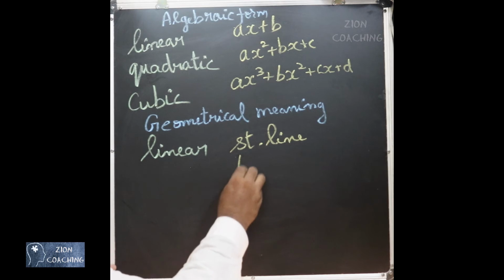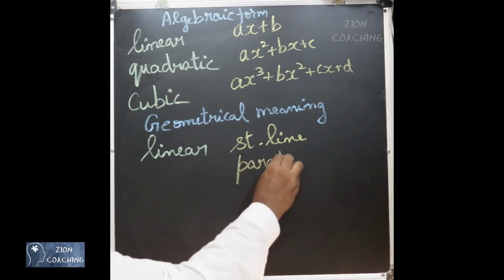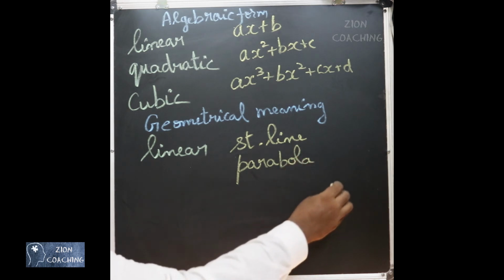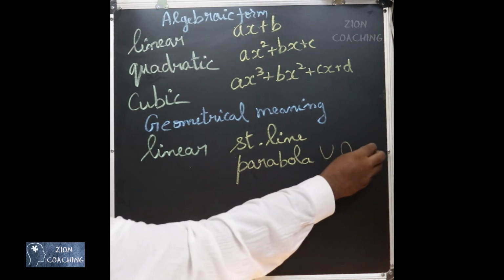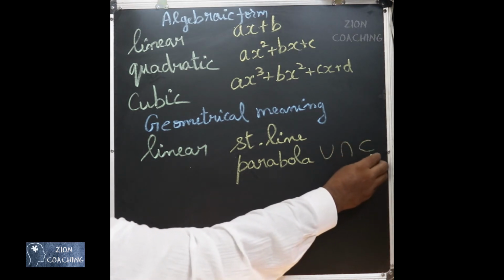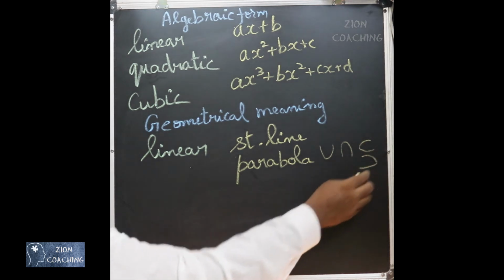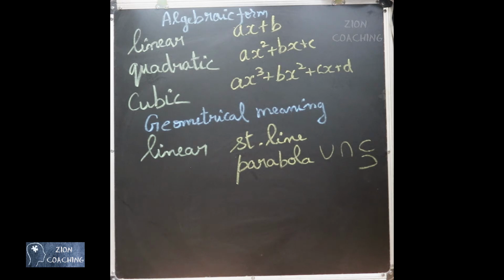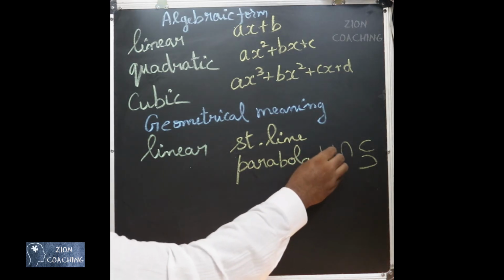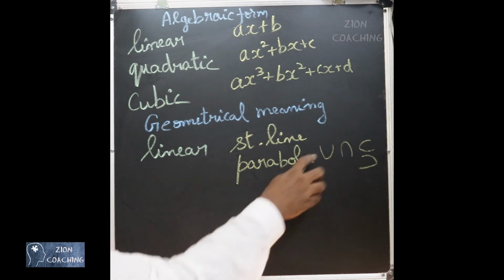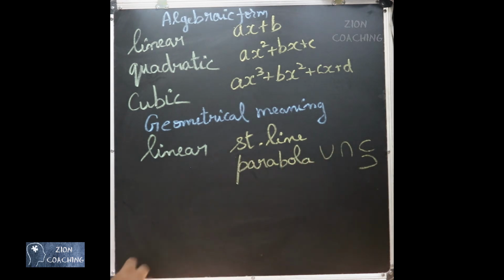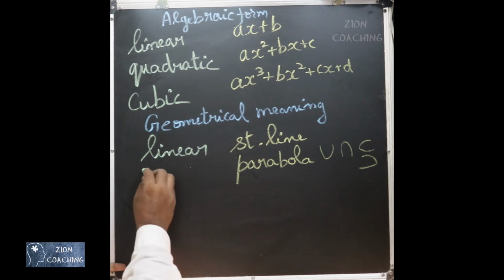Similarly, when you see a parabola, you know what is a parabola? Something looking like a U shape. It can be upside down also, or something like this. All these are parabolas. So this shape is called a parabola. A curve with one bend is called a parabola. Whenever you see a parabolic curve, then automatically you can say that it is the representation of a quadratic polynomial.